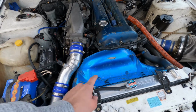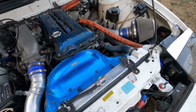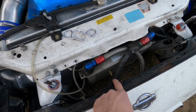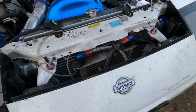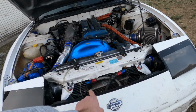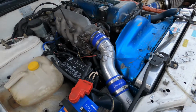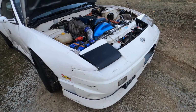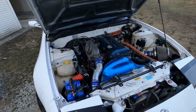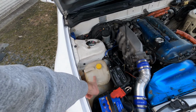Still stock fan shroud, stock viscous fan, Coil-Rad radiator, HPI oil cooler. He's got some water squirters here for the oil cooler and intercooler. Intercooler is an upside down style mounted one, which means it has short piping, and if he has a little crash in the front, it's not going to get damaged, and he's still going to be able to drive home, no problem. Stock location battery, water reservoir,